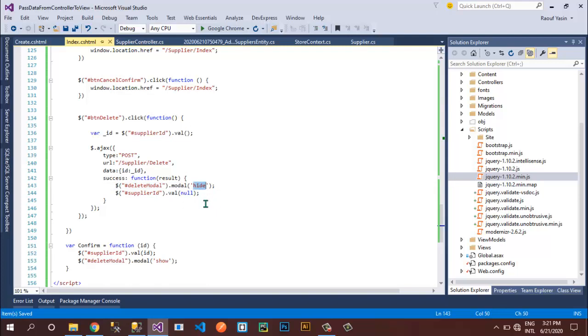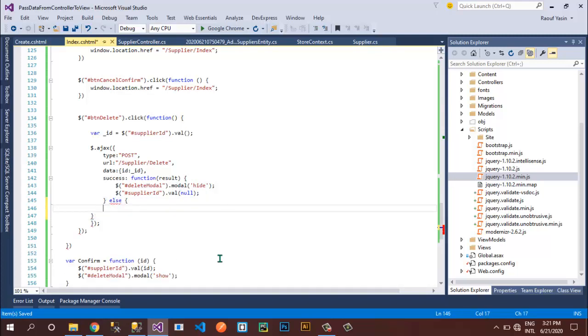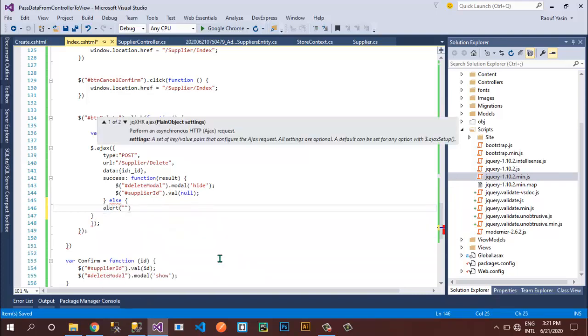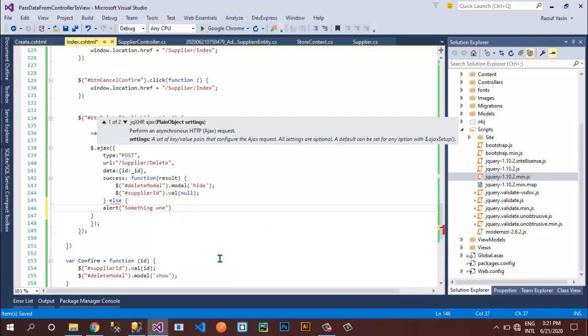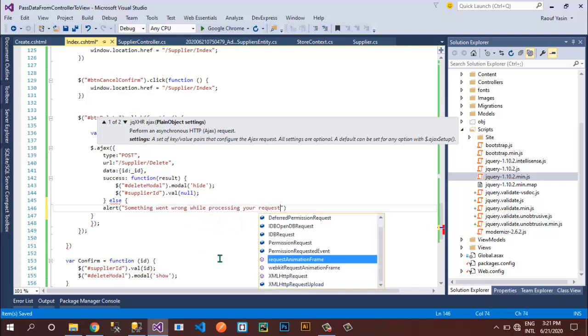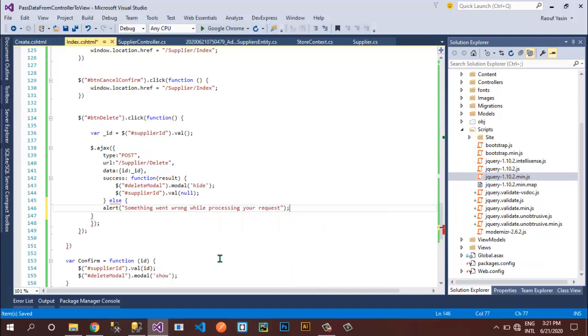And next I will handle the edge cases. If this result is returned as false from my server side, then I can simply write alert, and over here I can write something went wrong while processing your request.